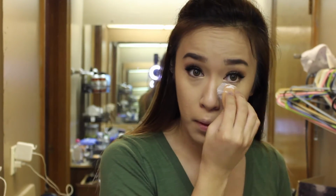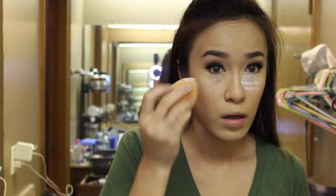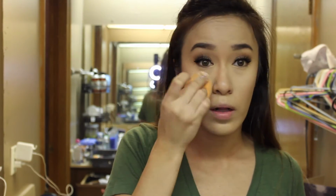And so now to set all my concealer, I'm going to be taking the RCMA No Color Powder. This is also a cruelty-free brand. Take a little bit on the sponge and we're just going to go in underneath our eyes. I'm not really going to bake under my under eyes. I'm just going to set it really well with this powder